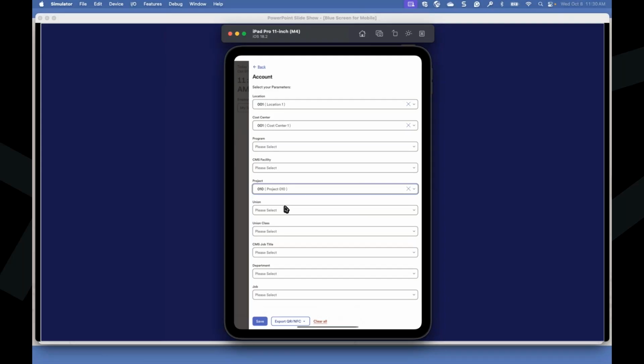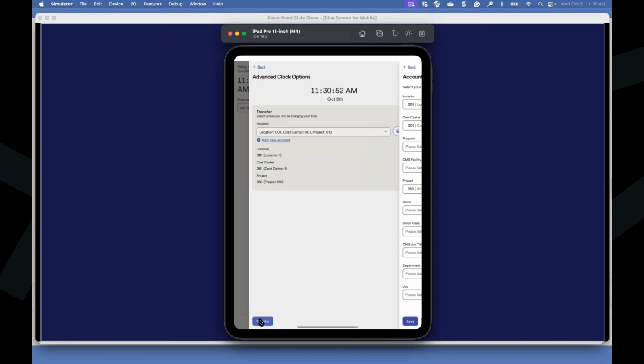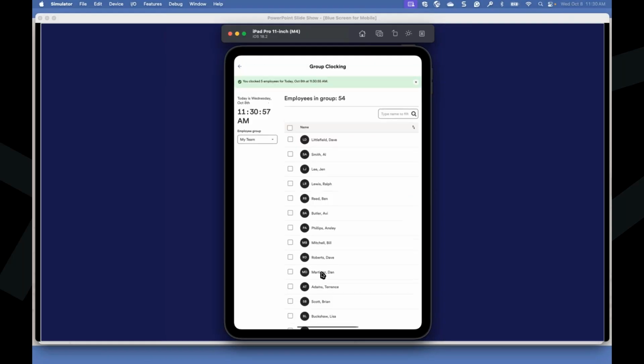You can do 1 to 13 different job categories in here, whatever you need to do. And they are done by parent-child hierarchy. So as your guys start to go through, maybe they select a specific location or department, it can narrow down what the next options are that they have available to select. Once they say, yep, this is where I want to go ahead and move those guys to, they simply select transfer. And it's going to move those 5 guys into that transfer.